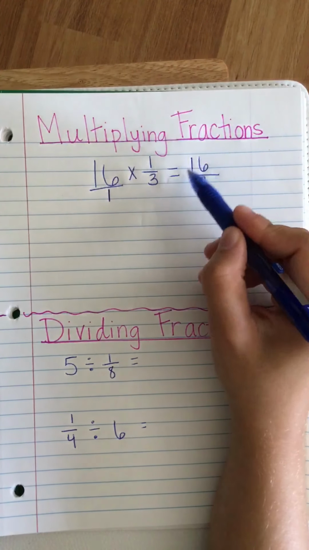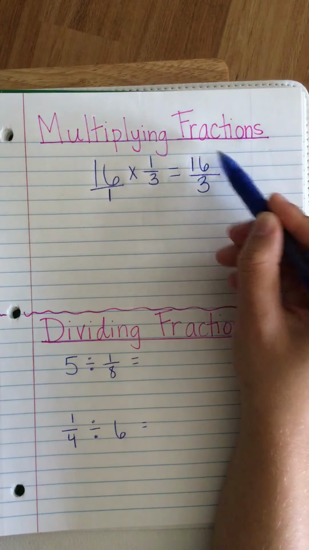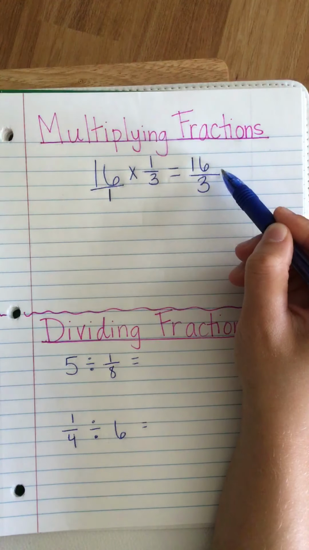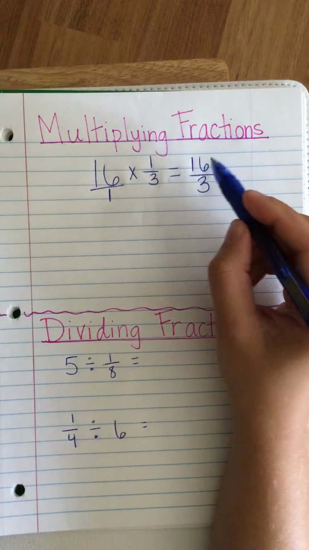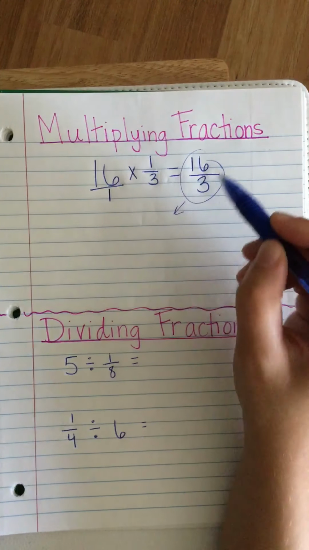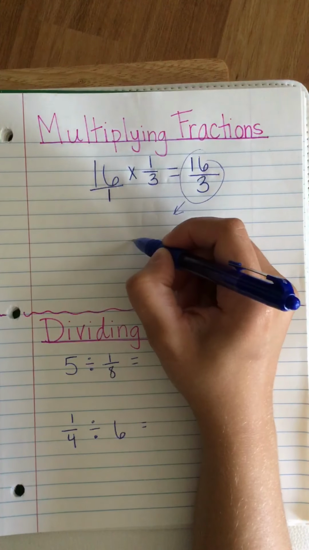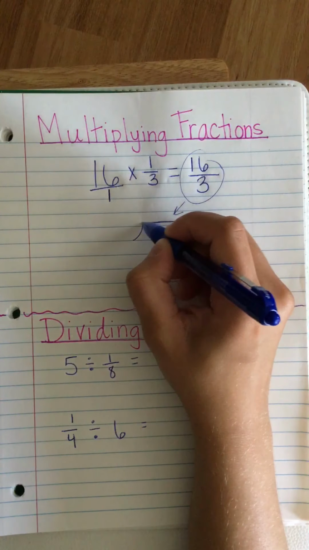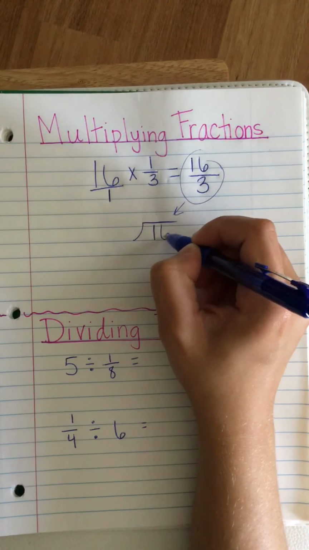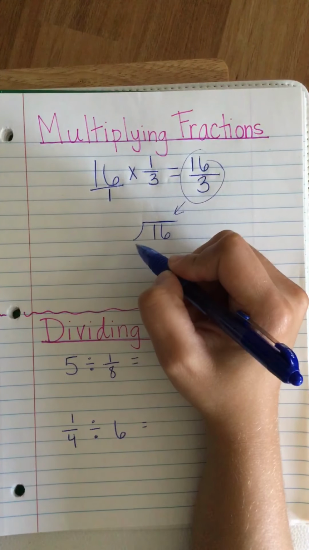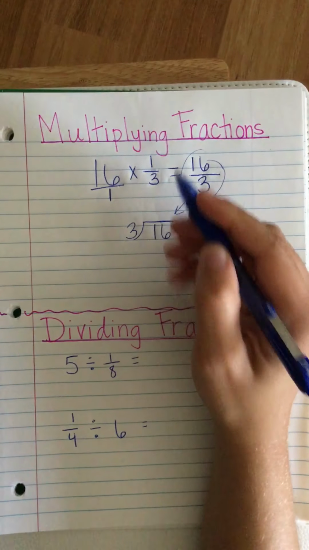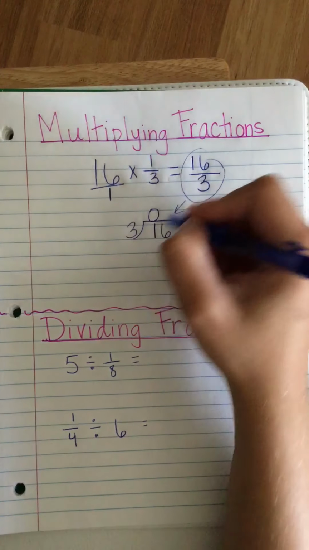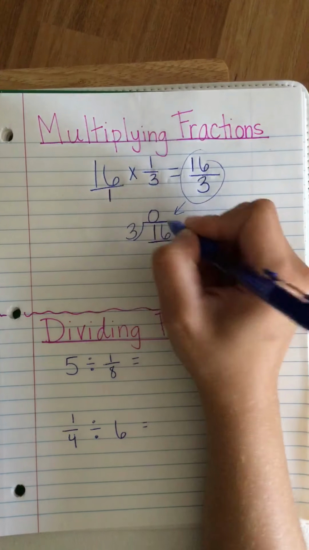But remember, we cannot leave our answer as an improper fraction. In order to change it into a mixed number, we just do division. Our numerator goes inside. It's our dividend. Our denominator 3 goes on the outside. It's our divisor. Okay? 3 cannot go into 1, so I'll place a 0, but it can go into 16